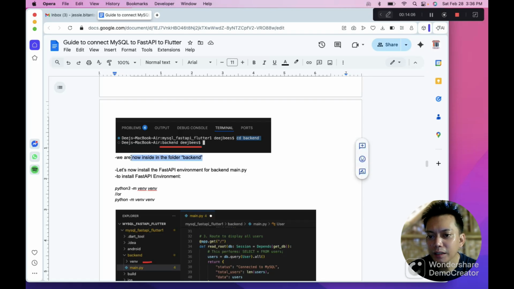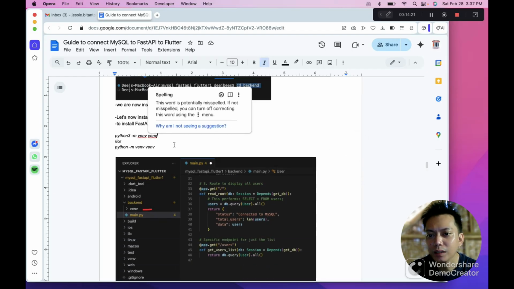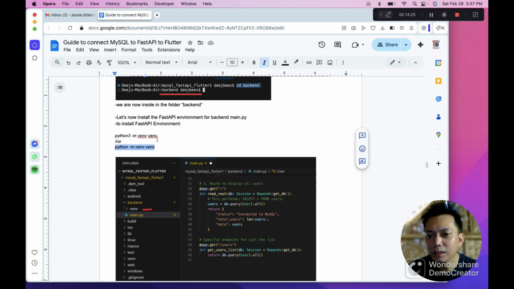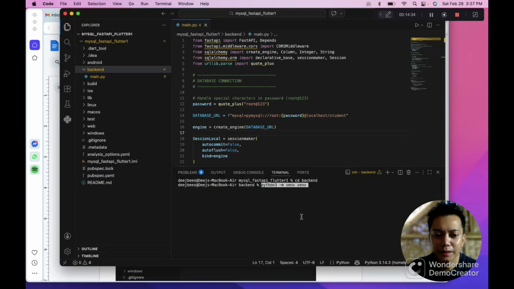Since we are already inside the backend, let's now install the environment for backend main.py. To install the FastAPI environment, if you are on Windows, you're going to use this. In mine, Mac, so I'm going to use this. Paste it here.